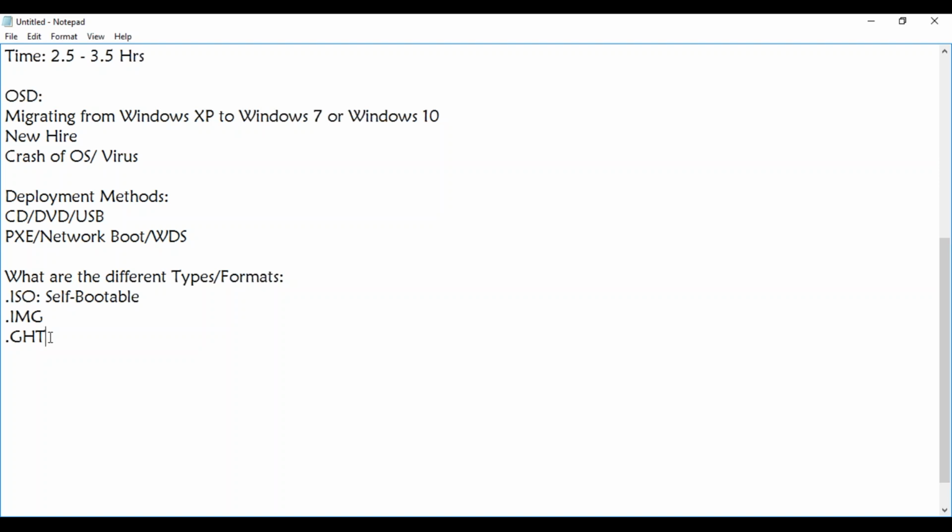Any other image format that you have worked on, guys? Okay. So have you worked on WIM, Windows image format? Anyone who has worked on this? I have not. Okay. So the kind of imaging before WIM existed, the different formats that we had before this Windows imaging format was released,